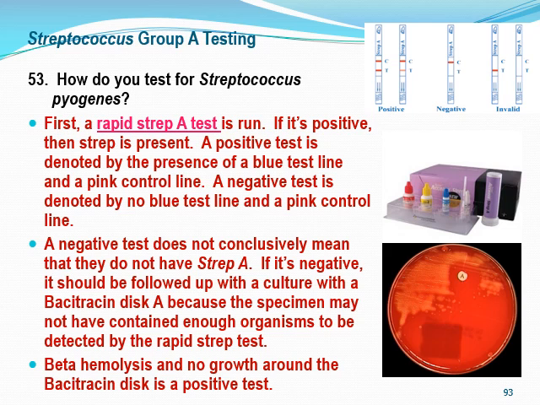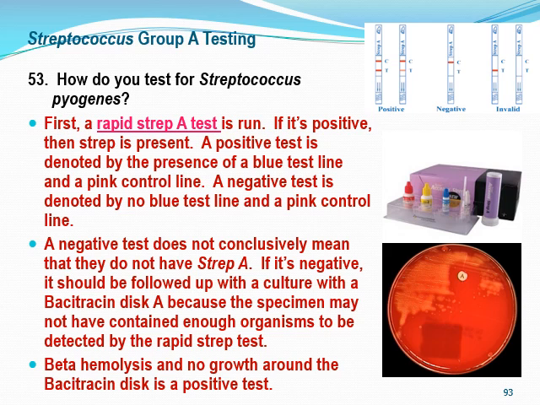So the negative test, okay, does not conclusively mean that they do not have strep A, okay? If it's negative, but they're still showing all these signs and you're like, God, I just don't understand it. I really, really felt like this patient had strep A. Then you want to back that up with a culture, okay? And if you look, again, it's still on page 215 down at the bottom, it shows you that